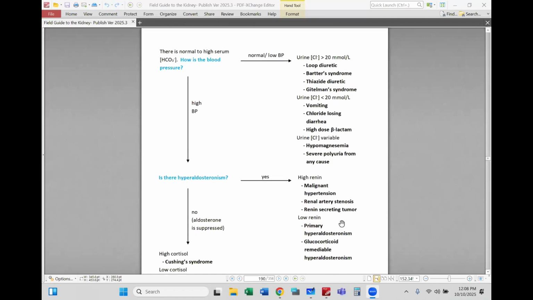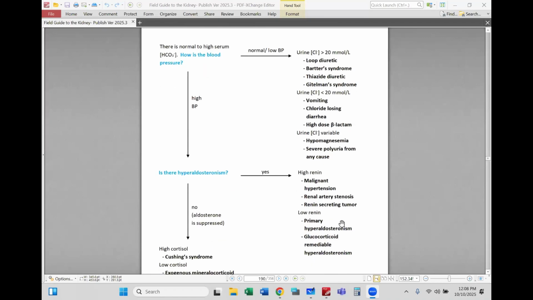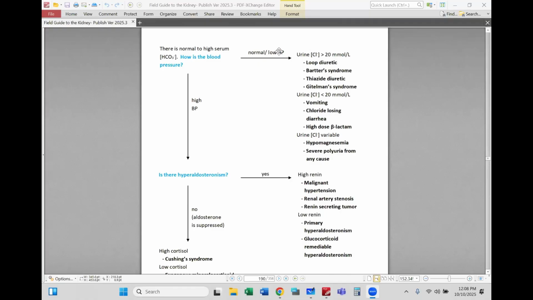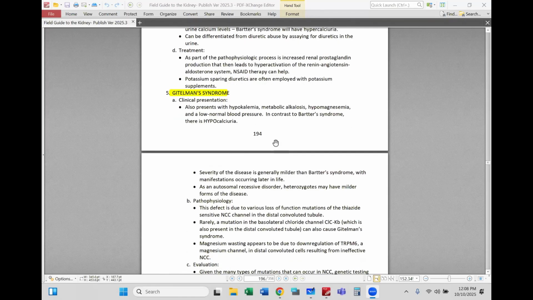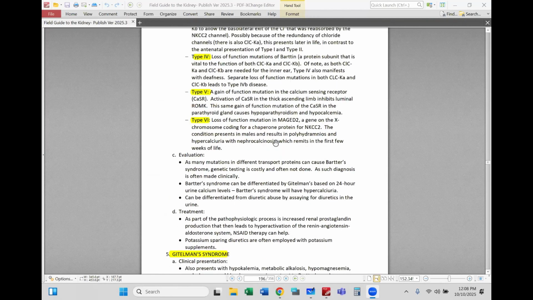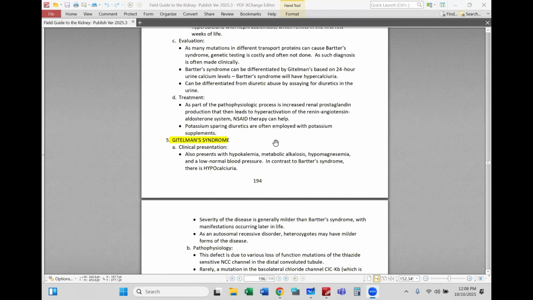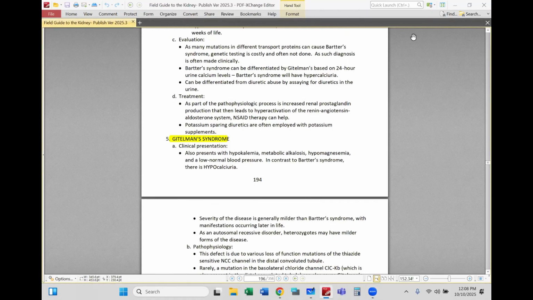These are in large part from mineralocorticoid excess. And then the normotensive and somewhat hypotensive patients. So these are the Gittlemans and the Barters. We've already finished Barters. Let's move on to Gittlemans now. Okay. So these are all patients that are going to have high urinary K to creatinine ratios as evidence of